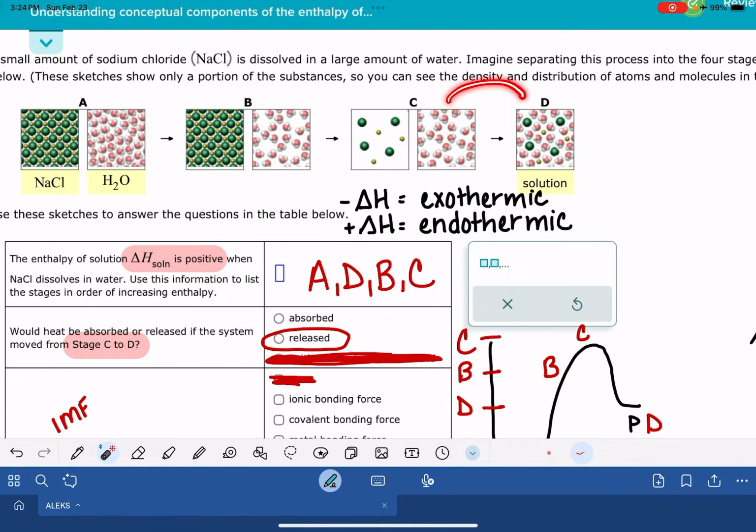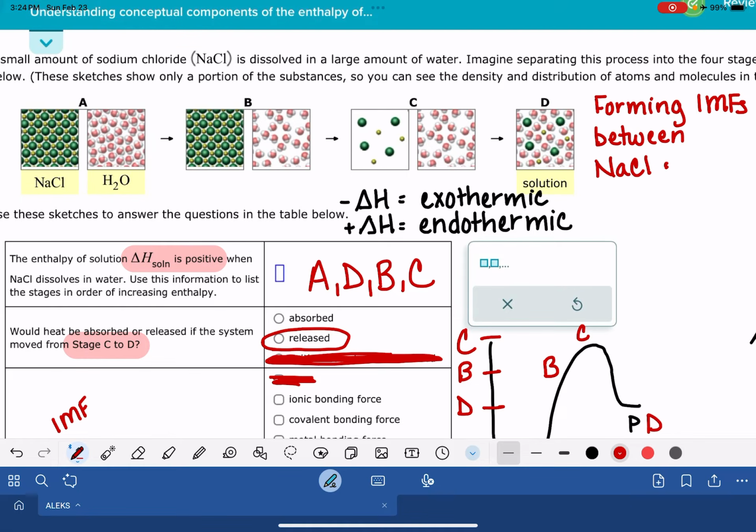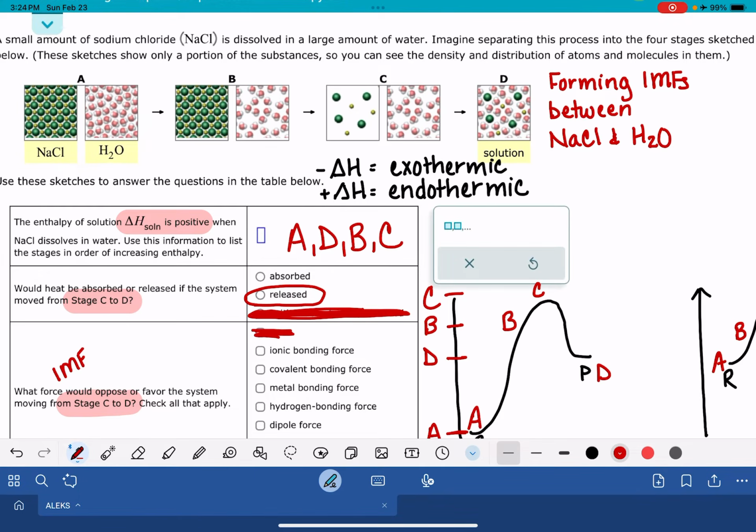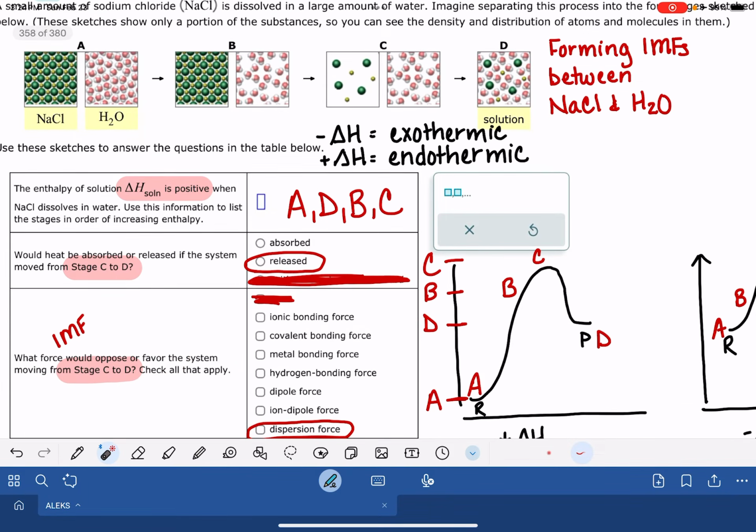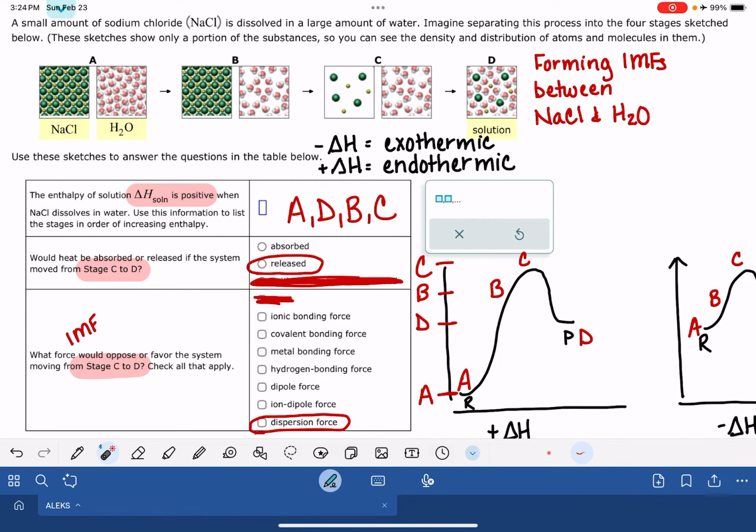Going from stage C to stage D, I am forming IMFs, and specifically, I'm forming IMFs between my solute, which is NaCl, and my solvent, which is H2O. And that is the intermolecular force that I need to answer for this question. What are the intermolecular forces that get formed between sodium chloride and water? And that IMF is the ion-dipole